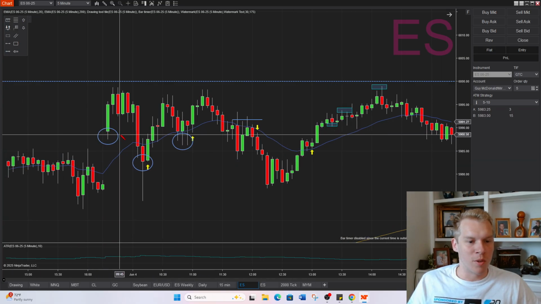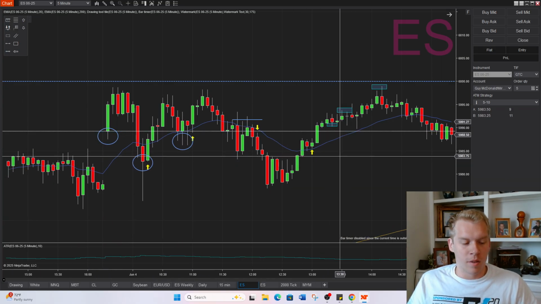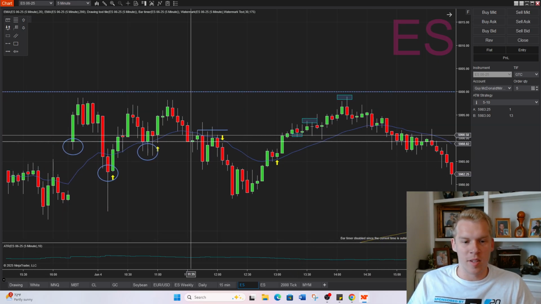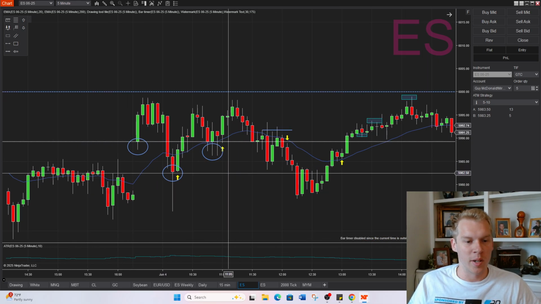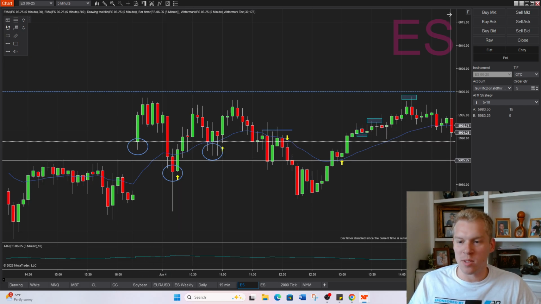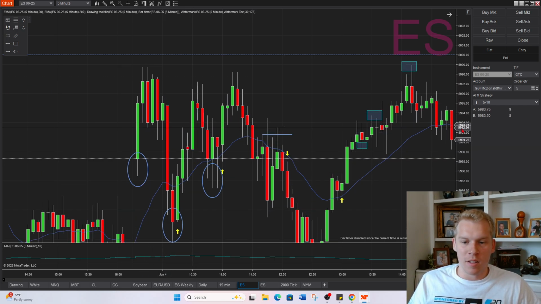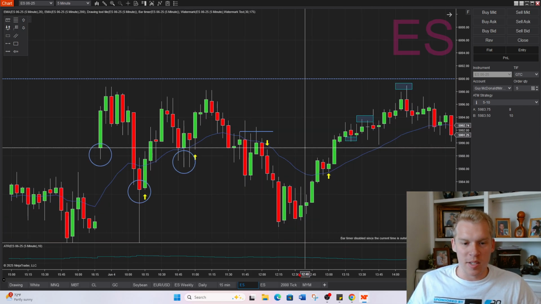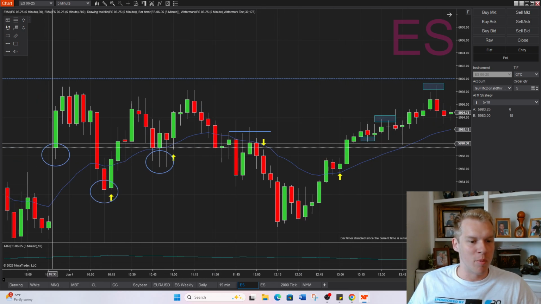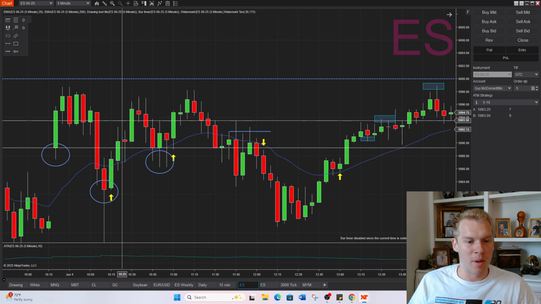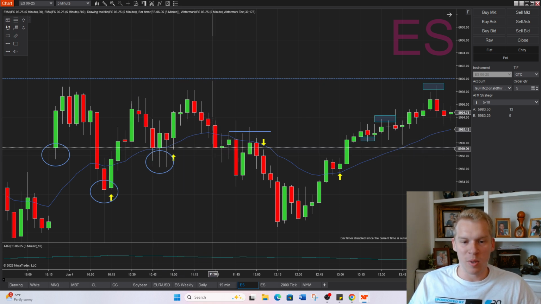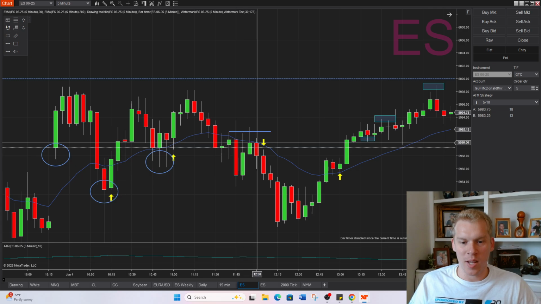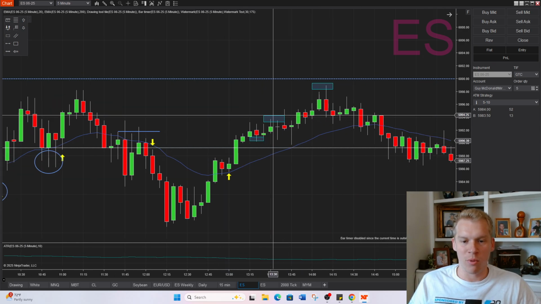I'm going to draw the line in. The open of the day has an increased chance of being hit late in the day when it's been touched multiple times throughout the day. So it's pretty easy to see all the tests that we've had. Here's the open, we broke through it, pulled back above it, tested it once here, came back, tested it twice, second time, pulled back again to it, tested it here, got below it, tested it here, broke through it, tested